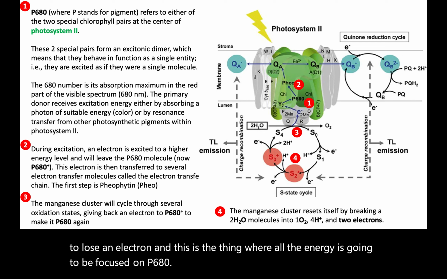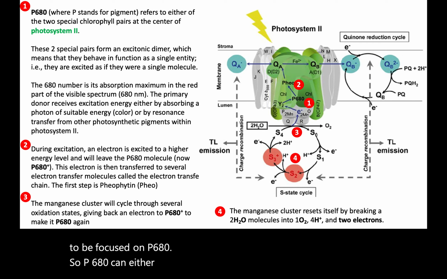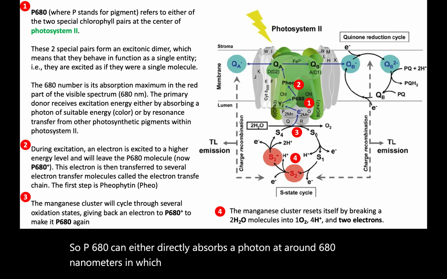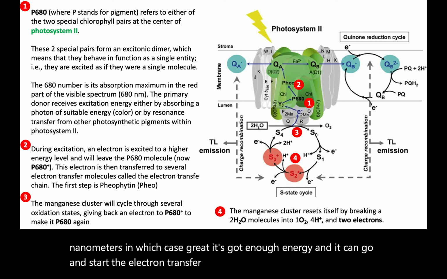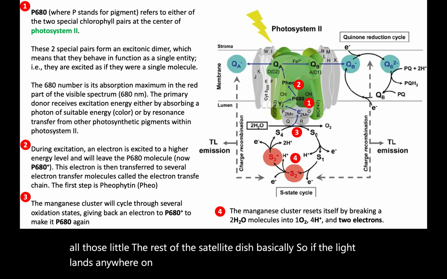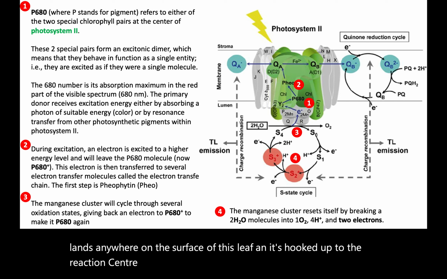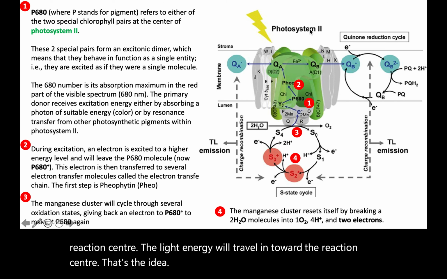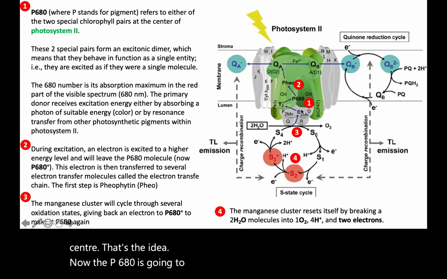So P680 can either directly absorb a photon at around 680 nanometers, in which case, great, it's got enough energy and it can go and start the electron transfer chain. Or it can have energy fed in via the rest of the satellite dish, basically. So if the light lands anywhere on the surface of this leaf and it's hooked up to the reaction center, the light energy will travel in toward the reaction center. That's the idea. Now, the P680 is going to get excited, and one electron in there is going to get